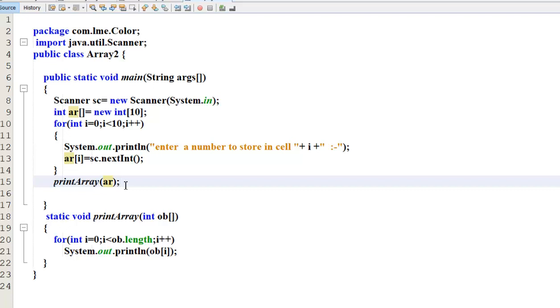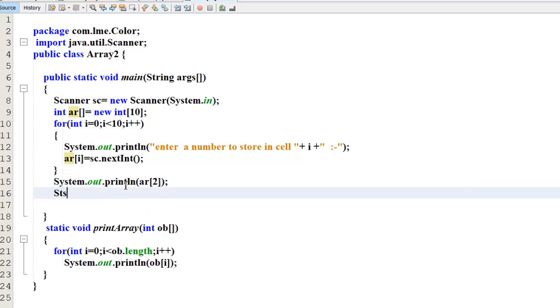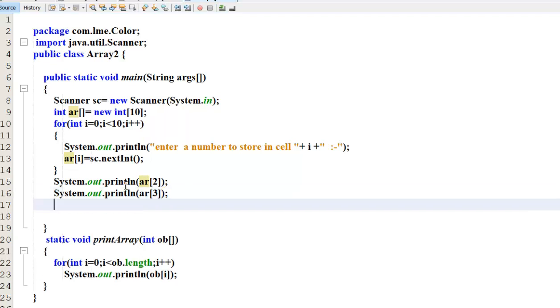For a specific index, I have to write the specific index like 2, and use System.out.println for the individual array of 2, for the second index, third index. Similarly I have to write System.out.println of array of 3. So like this. Instead of writing this System.out.println, we can also use a shortcut method.